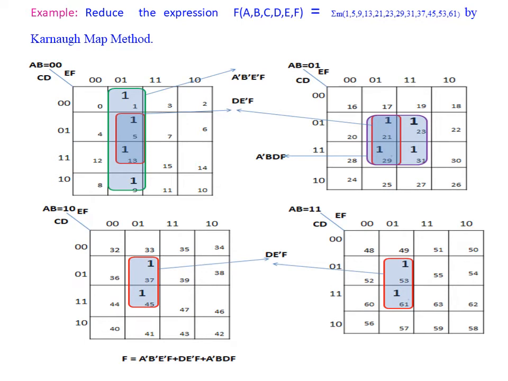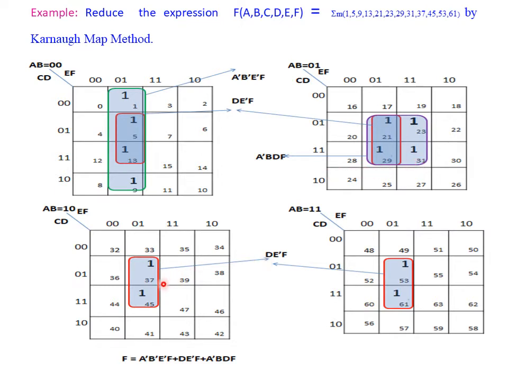In this example, we are going to simplify by using a 6 variable Karnaugh map. For the 6 variable Karnaugh map, 4 variable K maps are drawn. Then we place the ones in the corresponding cells. Now let's see the common between all the cells. The red cell grouping is adjacent to all the cells, so the AB term is eliminated. The green grouping is present alone in the first K map, and the purple cell is present alone in the second K map.